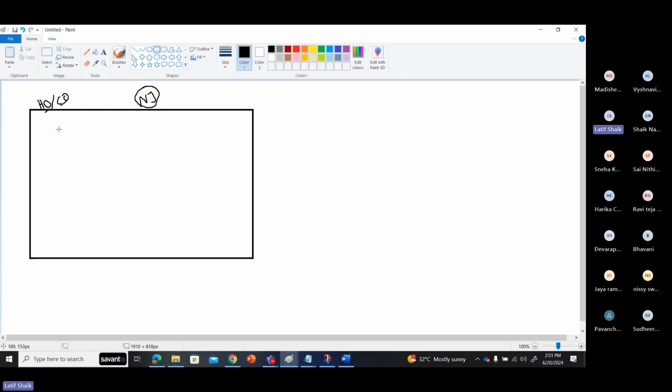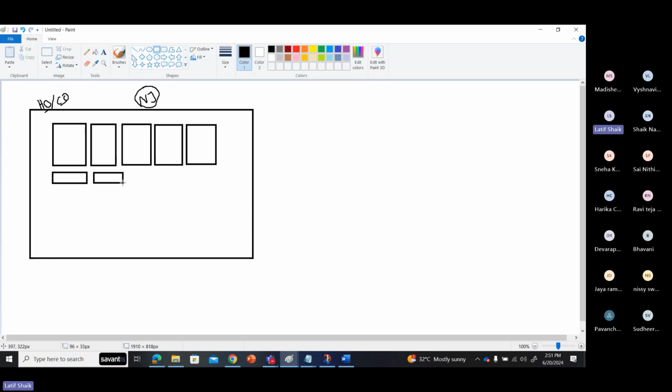What does this contain? Different servers are there. For example, I have a database server, application server, maybe a web server, right? Some other servers, storage devices, networking devices, firewalls. So many things are there.